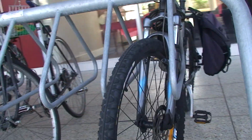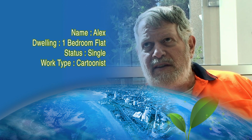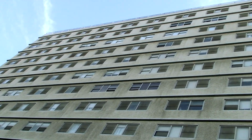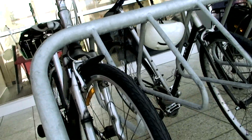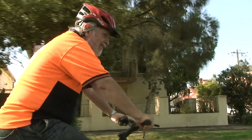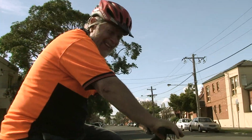My name's Alex, and I really enjoy riding my bike around this area. This building has approximately 100 residents, and there was no facility at all to park your bike securely. The bike rack we've had installed at Layfield Court encourages those who do ride and others who don't yet ride to be able to use their bikes and park them